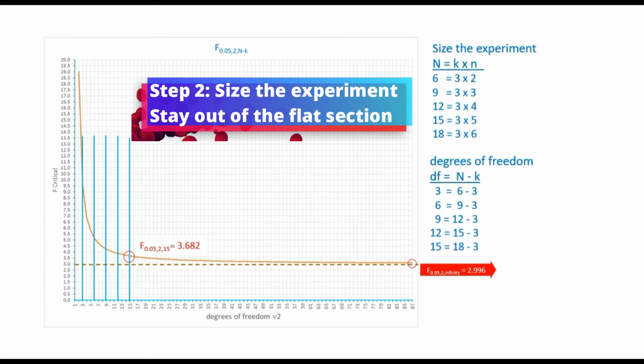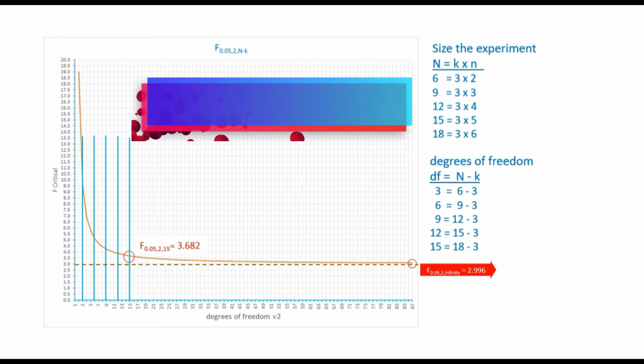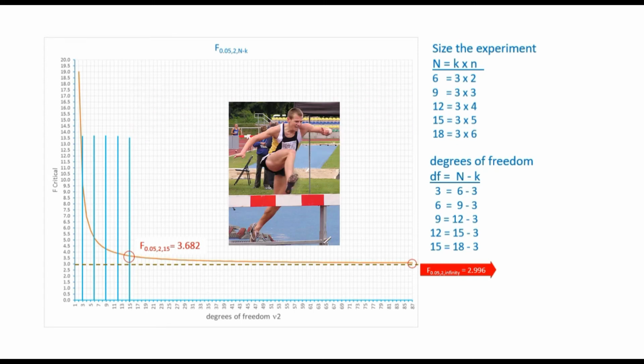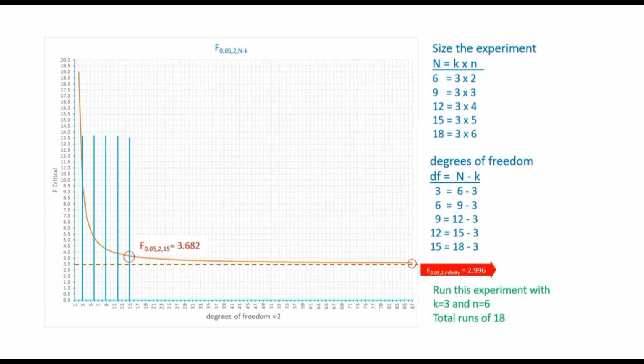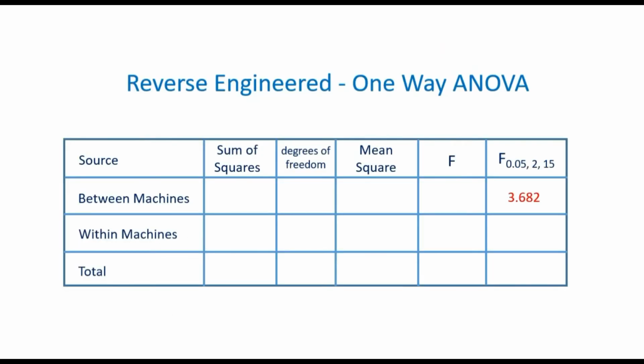The critical value is 3.682. This is the bar. This is the height of the bar that we're going to need to jump over in our experiment in order to reject the null hypothesis and embrace the fact that the machines are different. So we run this experiment, as I said, and now